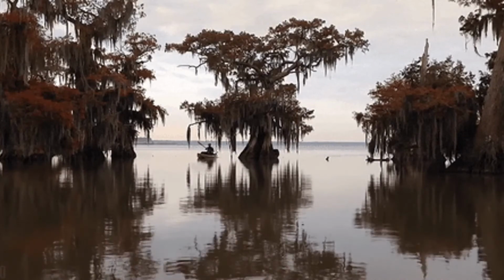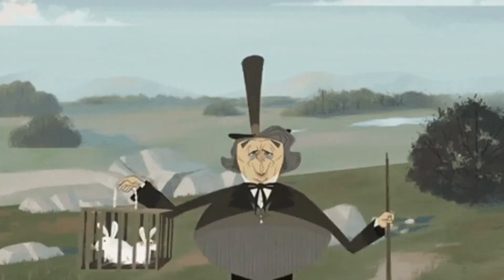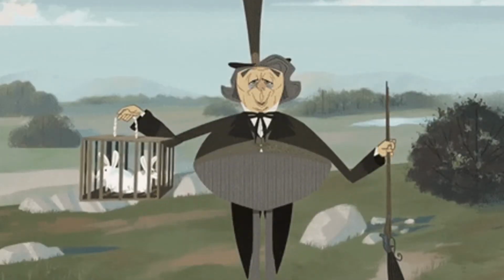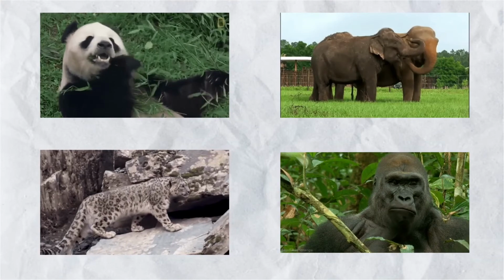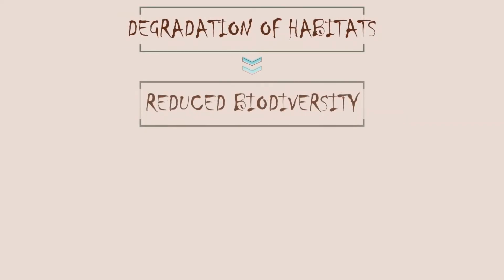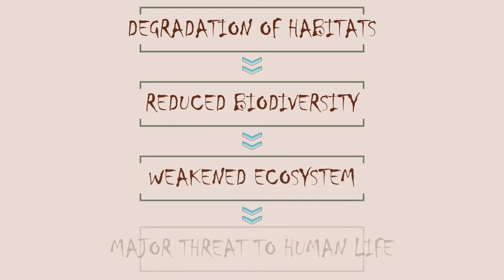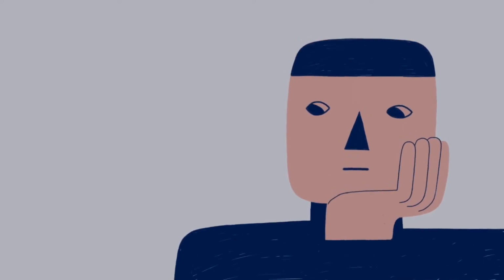However, the loss of other natural environments, such as wetlands and lakes, also destroy or damage habitats, as do other human activities, such as introducing invasive species, polluting, trading in wildlife, and engaging in wars. Over time, degradation of such habitats leads to reduced biodiversity, weakening the Earth's ecosystems, and eventually posing a major threat to human life. However, although there has been a significant loss of habitats, and along with them various species of animals, steps can be taken to slow down and even reverse the process.